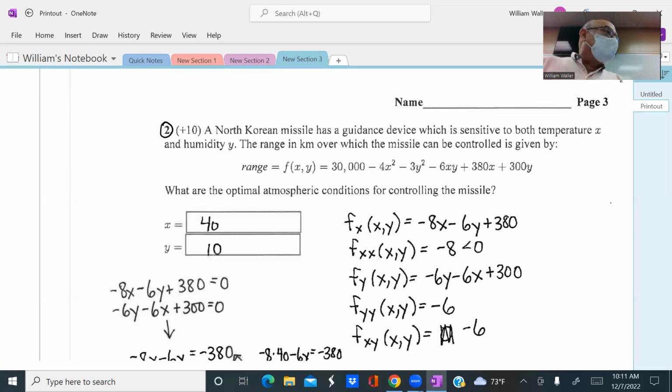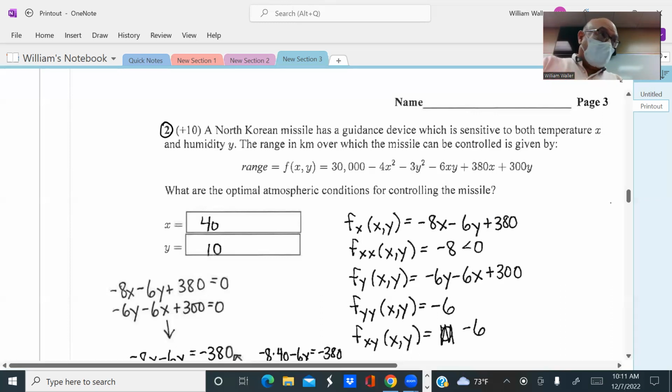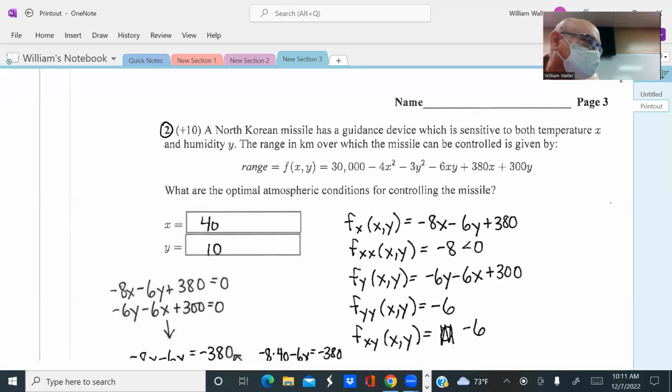So most people did this. This was also what was in the first problem on the test. And most people were doing that well. Okay, so that was good. The only issue that came up in this problem is that a lot of people forgot to actually apply the second partial test to this problem. So what I mean is,